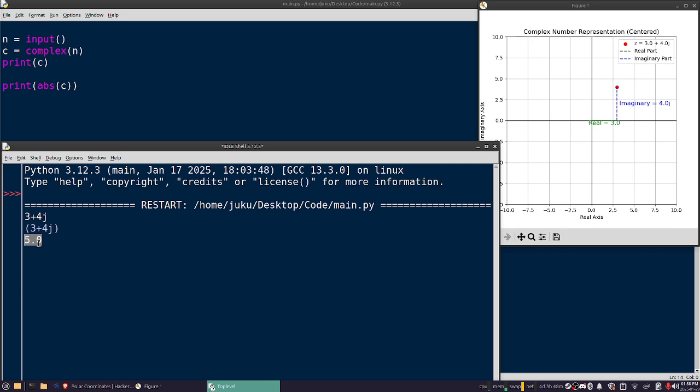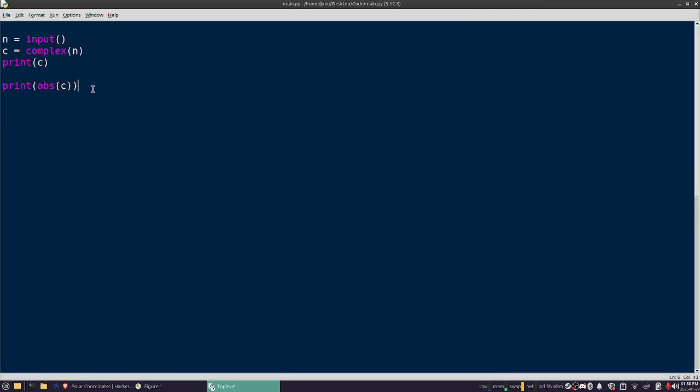So that's exactly how we get the absolute value of this complex number. Imagine again, the green portion is 3, the blue portion is 4, and then from the origin to the red dot, that is exactly 5, which is what we have here. And then I can show you if I were to not use abs,